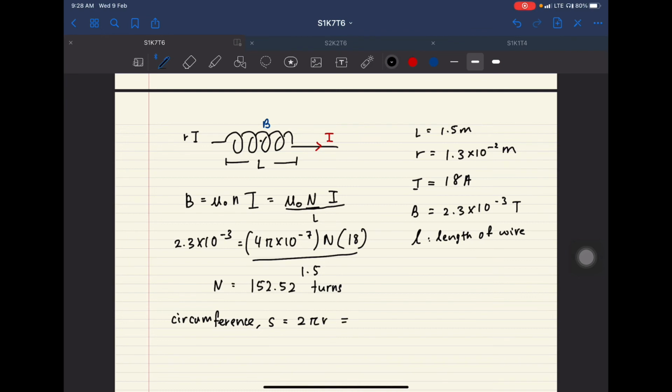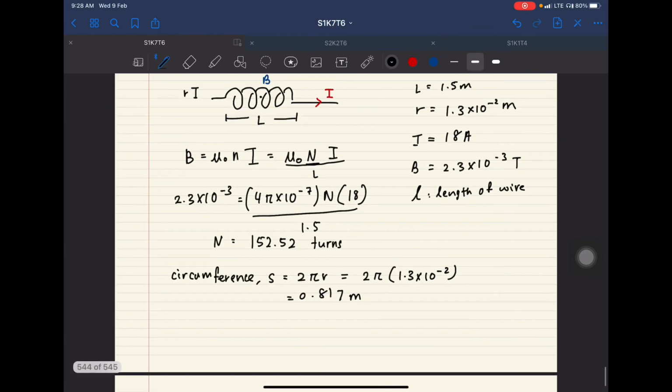So r is given, so it requires 0.817 meter for one turn. Because the question actually wants you to find the length of the wire, right? So the length of the wire required for one turn is 0.817, and you have 152.52 turns. So the total length